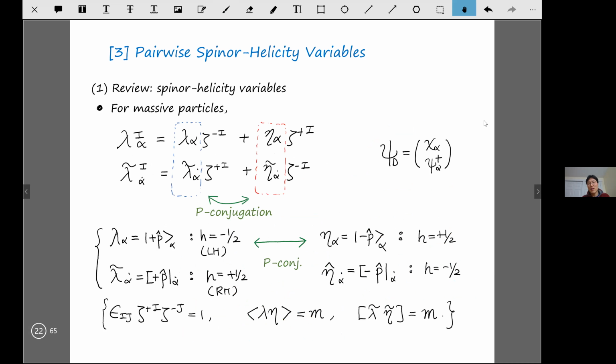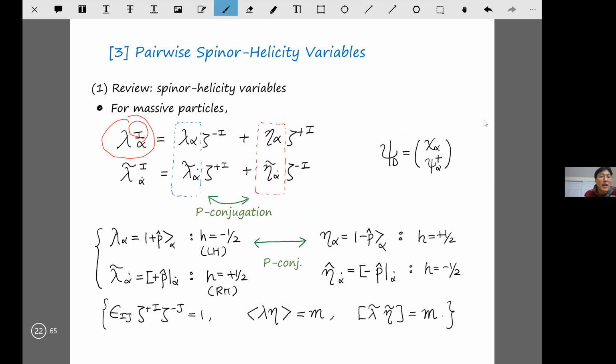Okay, last thing about the massive case is that, like I said, the massive variable carries an SU(2) index. And just like a Dirac fermion, which is a massive fermion, has both left-handed and right-handed parts packaged together, just like that, a massive variable can be written as a linear combination of the two massless variables. In other words, you can expand it in the SU(2) basis, with coefficients which